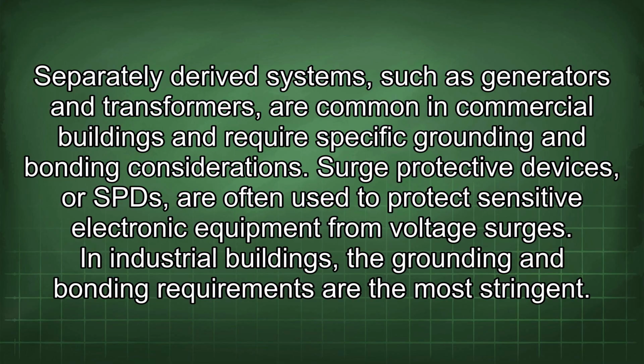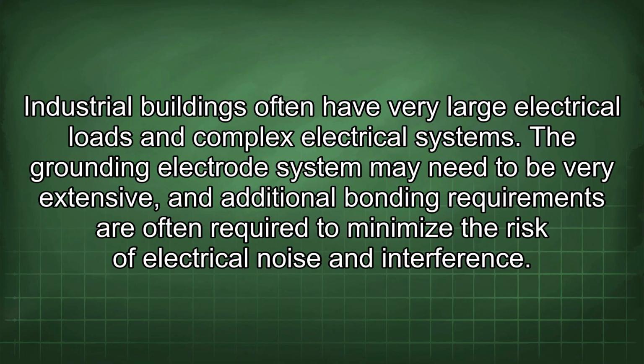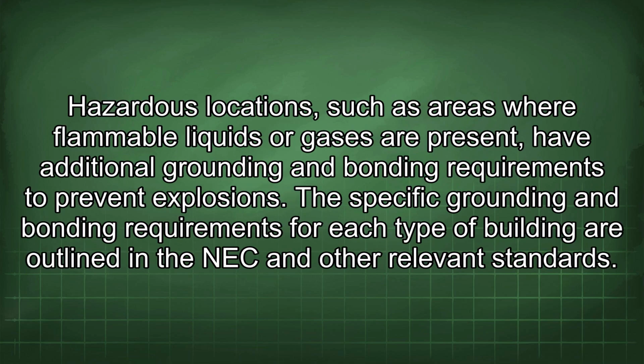In industrial buildings, the grounding and bonding requirements are the most stringent. Industrial buildings often have very large electrical loads and complex electrical systems. The grounding electrode system may need to be very extensive, and additional bonding requirements are often required to minimize the risk of electrical noise and interference. Hazardous locations, such as areas where flammable liquids or gases are present, have additional grounding and bonding requirements to prevent